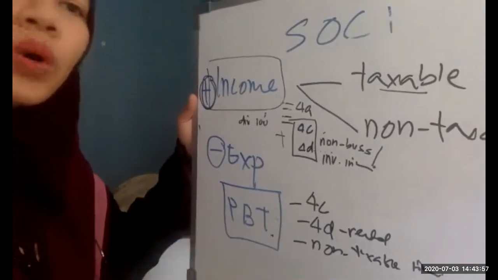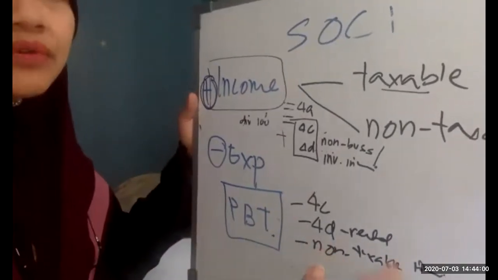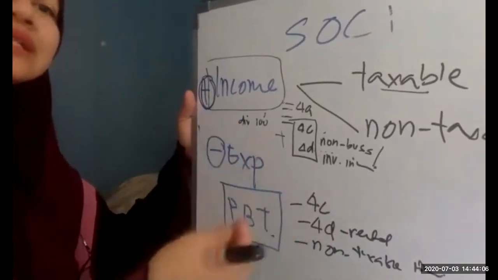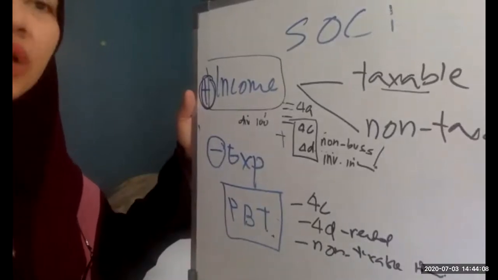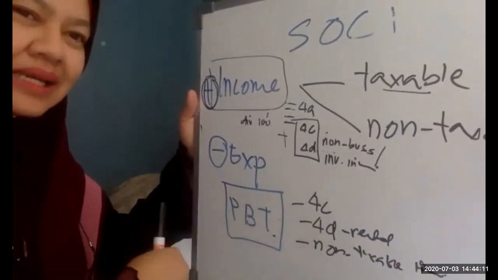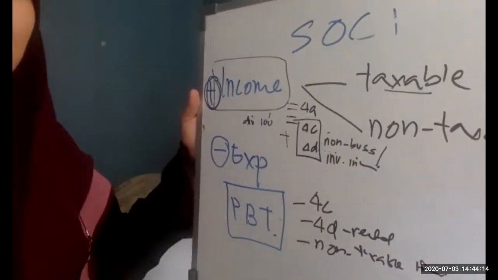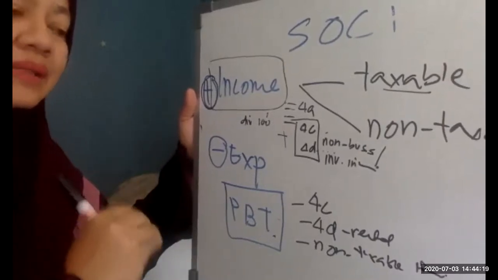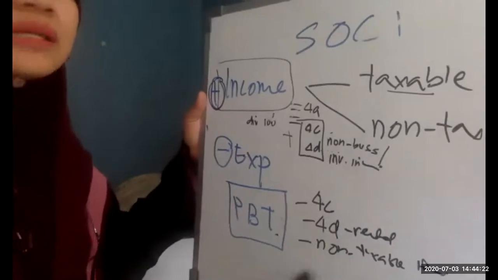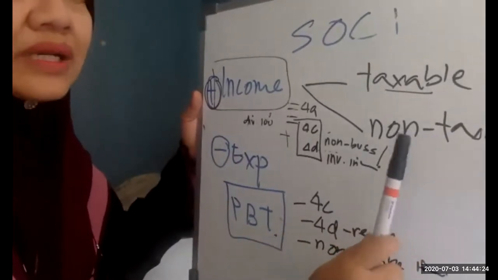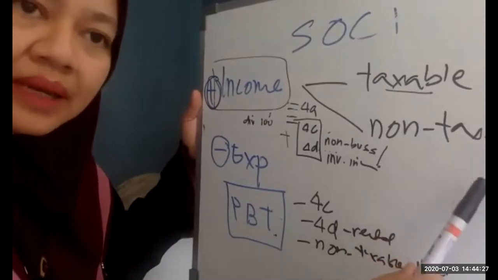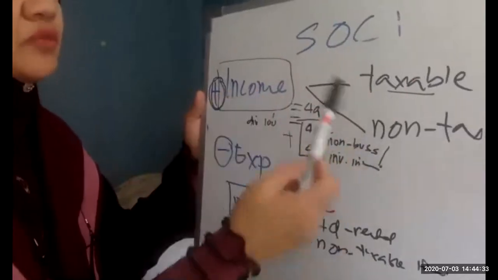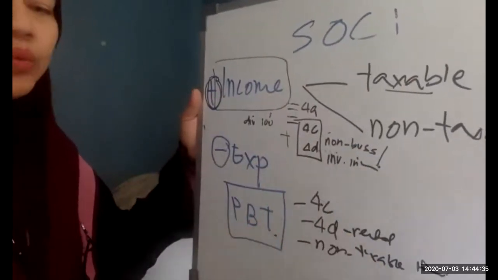But if you dispose of your property, the source of income, for example, you dispose of your shares or you dispose of the properties, the gain on the disposal is a capital gain, which is not taxable under income tax. Of course, when we talk about property, there is the RPGT, so it's a different income and different tax law. We're talking about income tax here. So be clear about the income, which is capital gain, and normally you have to understand the source of income and the income itself, the income generated from the source. So that is the income which is taxable or non-taxable. Then that will be your treatment.